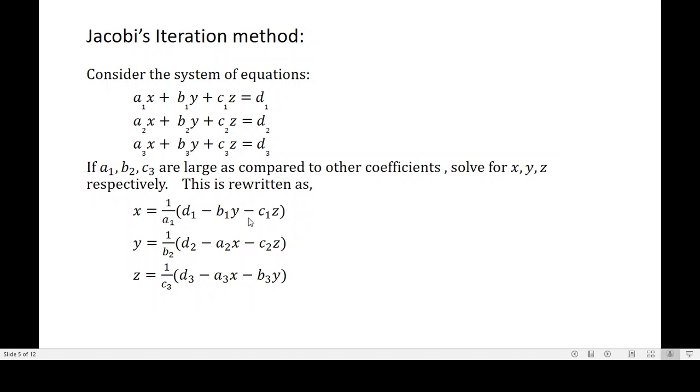Okay. So let us begin with x equal to x0, y is equal to y0 and z is equal to z0. Therefore, the first iteration gives x1 is equal to 1 divided by a1 multiplied by d1 minus b1 y0 minus c1 z0. y1 is equal to 1 divided by b2 multiplied by d2 minus a2 x0 minus c2 z0. z1 is equal to 1 divided by c3 multiplied by d3 minus a3 x0 minus b3 y0. So,